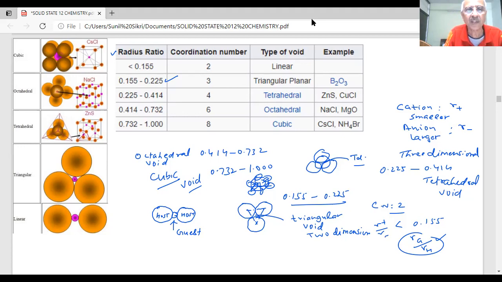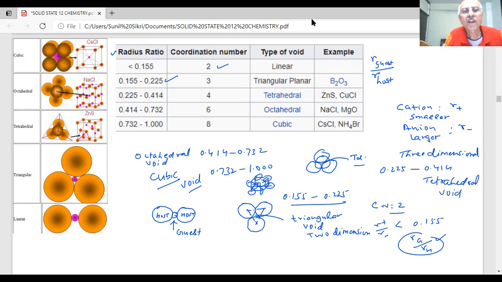So in general, I can say if the radius ratio is 0.155, the coordination number is 2, students, the number of nearest neighbors is 2, in one dimension, the size can fit up to 0.155 radius ratio. Radius ratio, I am talking of the radius of the guest divided by the radius of the host, students. Usually the guest is smaller in size than the host. Then you are saying the radius of the cation divided by the radius of the anion, students.